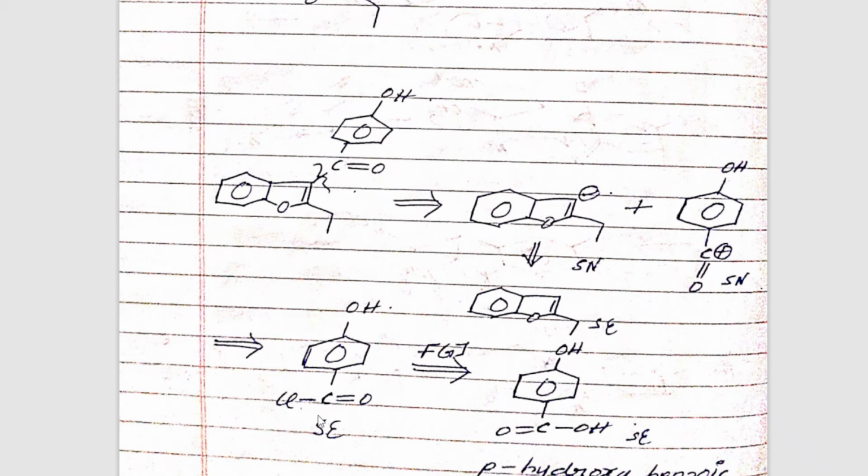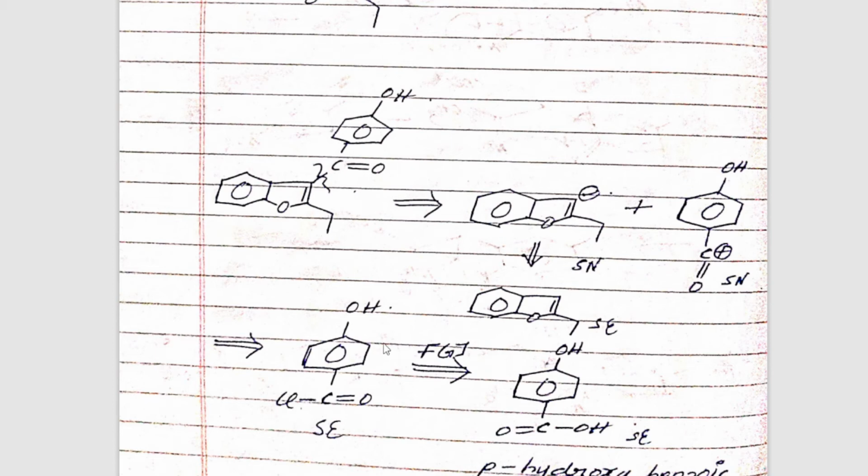Okay. But you have to see that when you're going back, this reaction should be possible, that is, for this particular synthetic equivalent you should be able to add this and get this particular molecule. Okay. But availability of this molecule is very less. But you know that if you make a slight alteration over here, in place of chlorine if you add OH, then what would that be?